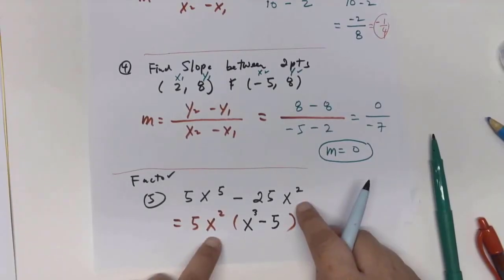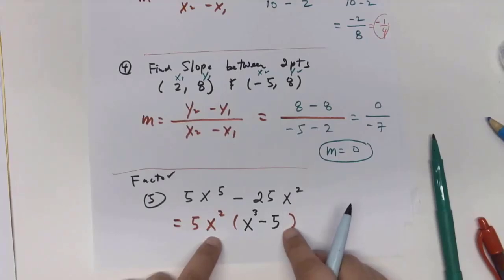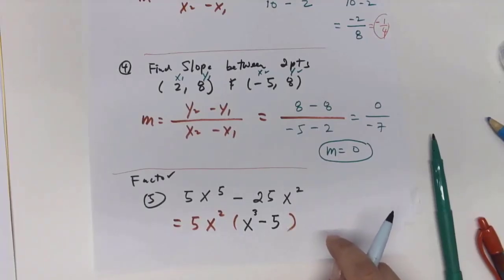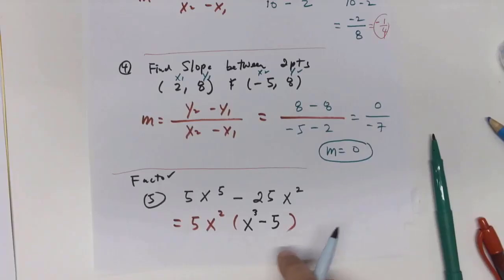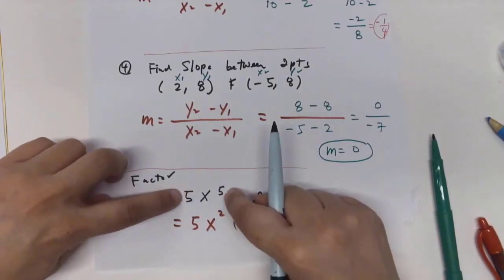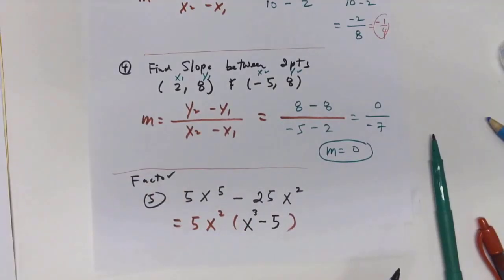Do we have any more x? No, because you pull out 2, right? But sometimes if you pull out the whole thing, then it would become what? If you pull out the whole term, then you need to hold a place with, okay, if you pull out the whole 5x to the 5th, then that term will become,